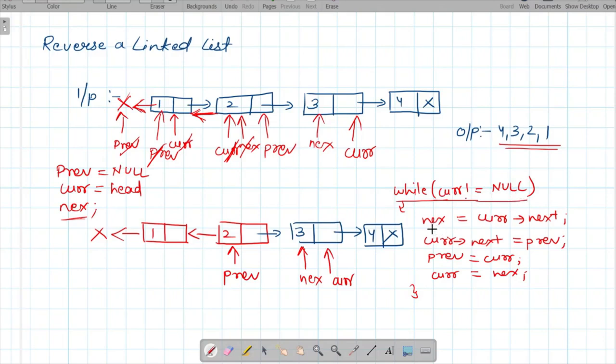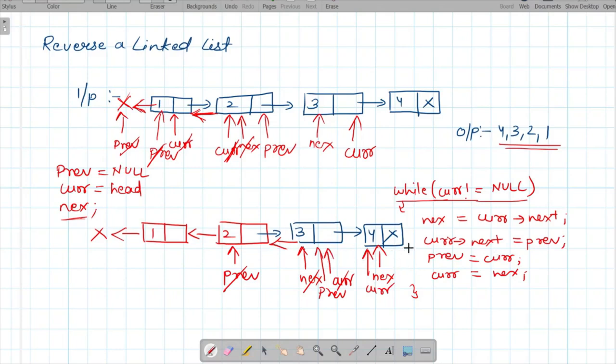So what we will do is we will update our next value, which means that next will now be updated to here. So next equals to current's next, so next will come here, and current's next is equals to previous. So we will update this pointer now. So what we will do is we will make this connection, and previous equals to current, which means that previous will now point here. So this is previous, and current will go again to the next node. So current will come here.